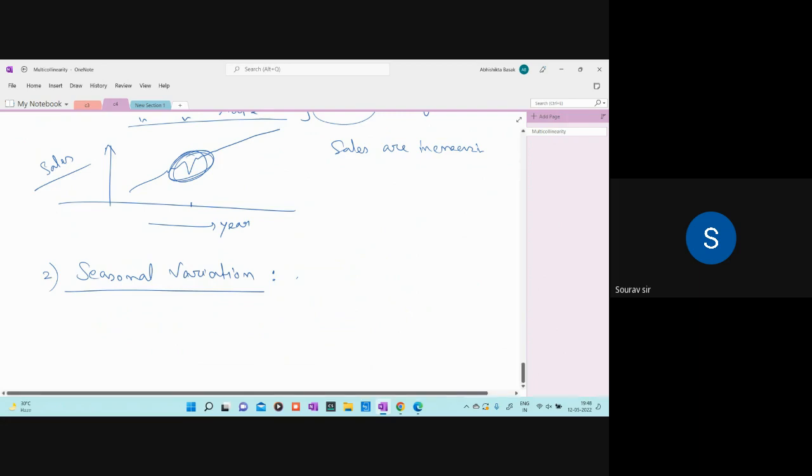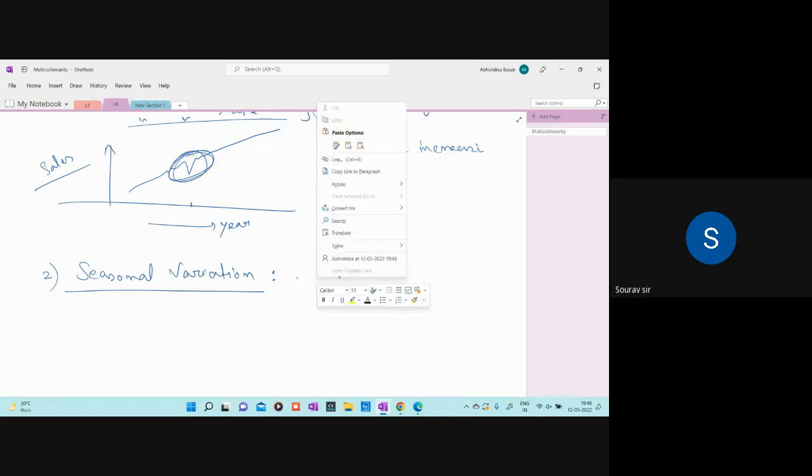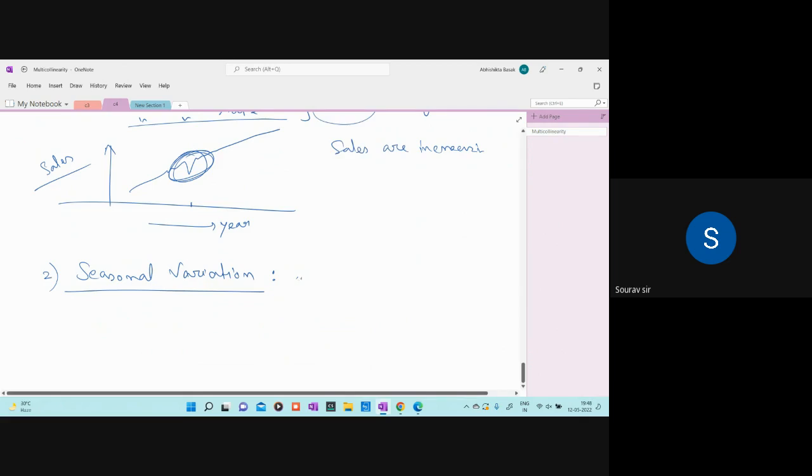What do you mean by seasonal variation? So I can say in one word, it is a periodic movement which renews or repeats after some degree of regularity within a definite period. So what are the features or keywords I am using? I am using the keywords, that is, it is a